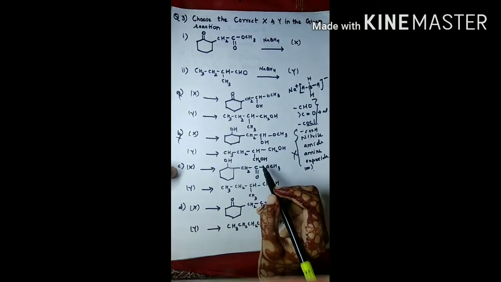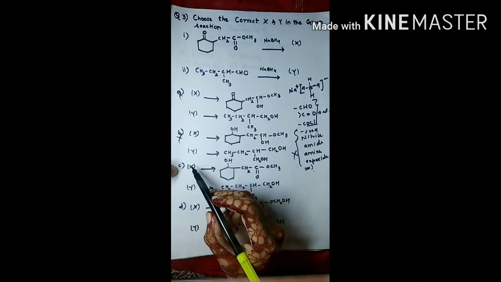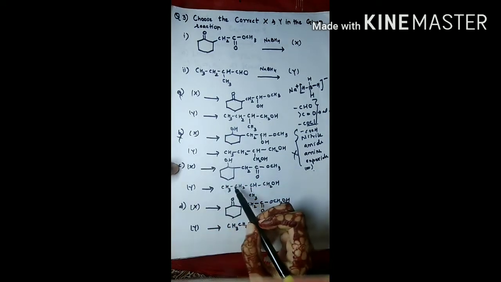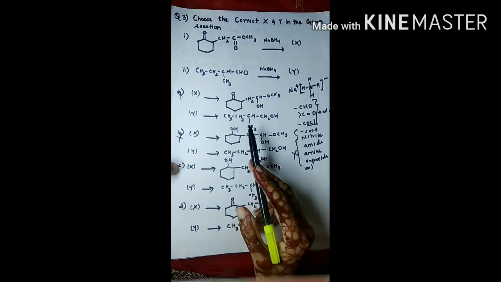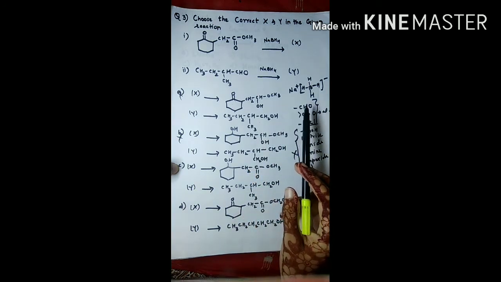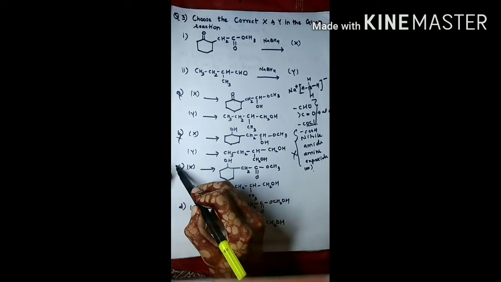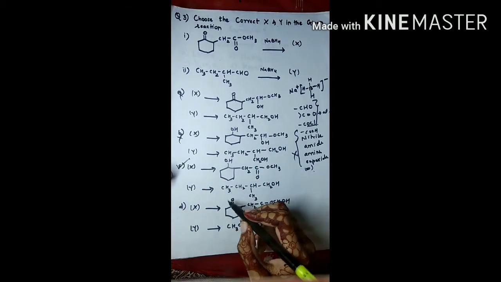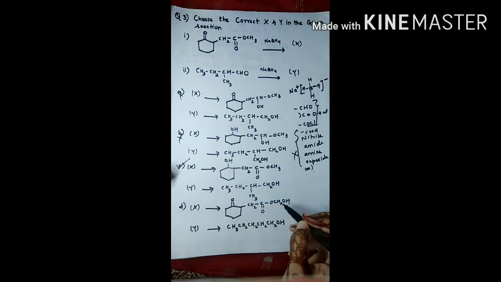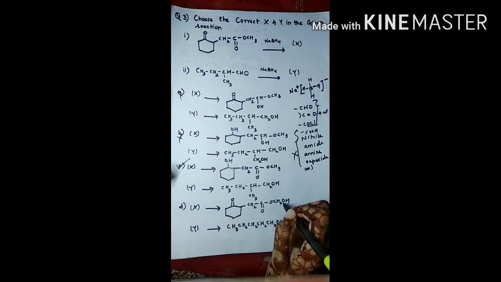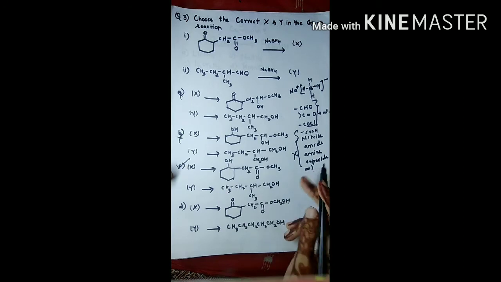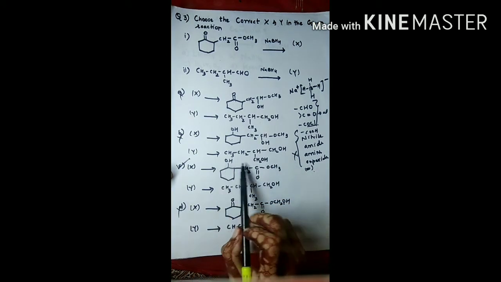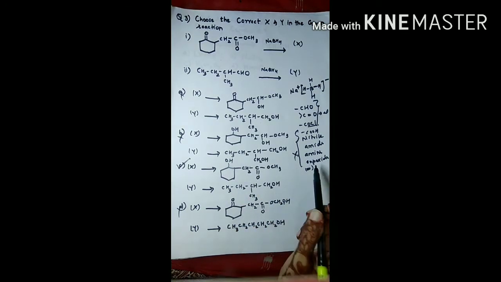Now in C we will see here the ketone group is converted into alcohol and the ester group may remain unaffected. So here it is right. And in the Y also you can see that aldehyde can be converted into alcohol and here it is converting into alcohol. So this one is the right one. For our satisfaction, let's see option D. Here also you can see it remains unaffected to the ketone. So it becomes wrong. So the correct answer will be the answer C.